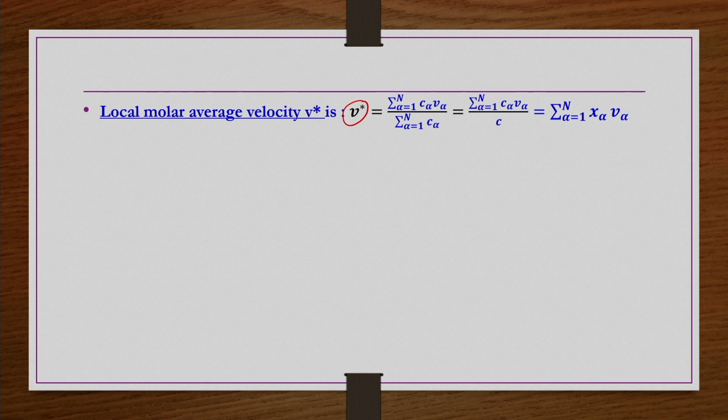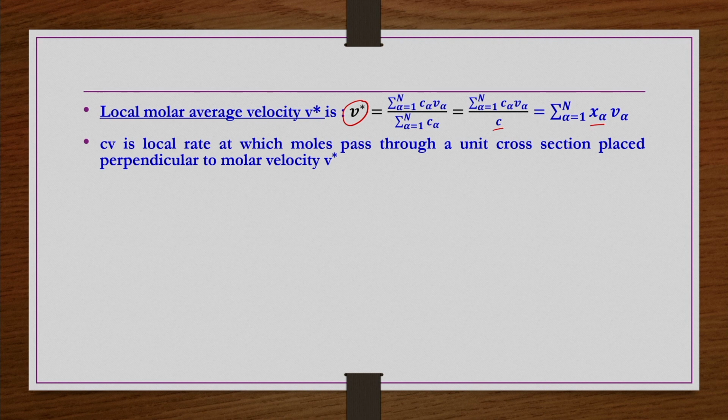The local molar average velocity V star is nothing but sigma C alpha V alpha divided by sigma C alpha, and sigma C alpha is nothing but C, and C alpha by C is X alpha. That means V star is nothing but sigma X alpha V alpha. And CV star would be the local rate at which moles pass through a unit cross section placed perpendicular to the molar velocity V star. So, in summary,